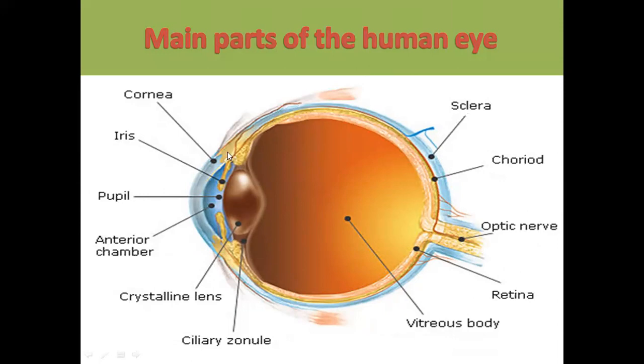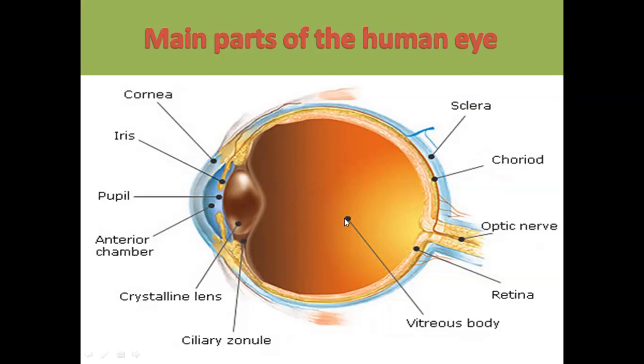The sclerotic layer in front becomes transparent and it becomes the cornea. Inside the sclerotic layer, the choroid layer is there like this. And this is the optic nerve, and inside the sclerotic layer, the retina is there. The retina that we can see here, the yellow color spot, that we call the yellow spot. And here, this collecting place you can see is called the blind spot.